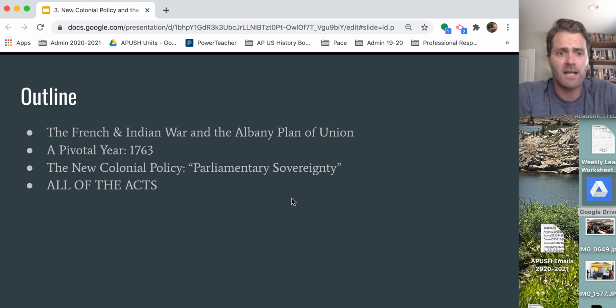We'll spend a couple minutes talking about the new colonial policy, which we'll refer to going forward as parliamentary sovereignty. And then at the very end, I'll give you a quick little snapshot of all of the new acts that are coming: the Sugar Act, the Stamp Act, the Tea Act, this Act, that Act, the Townshend Act, the Declaratory Act, all those acts. Knowing full well that I'm going to introduce those today. They're present in your text as well, and we'll spend a little more of a deep dive on those acts in class live this week. Okay? So without any further ado, let's go ahead and get cracking.